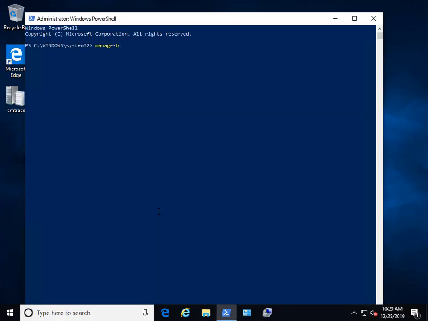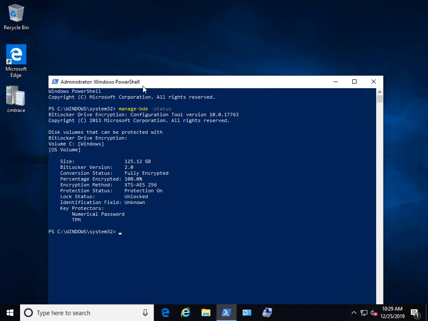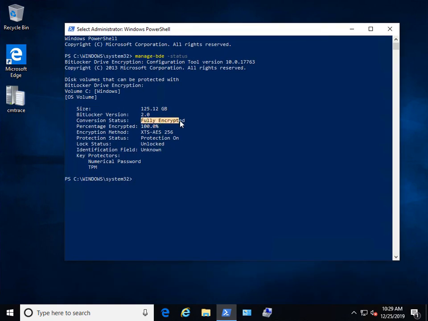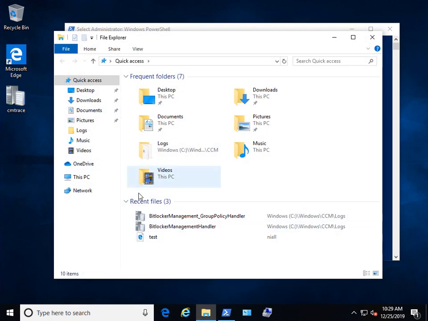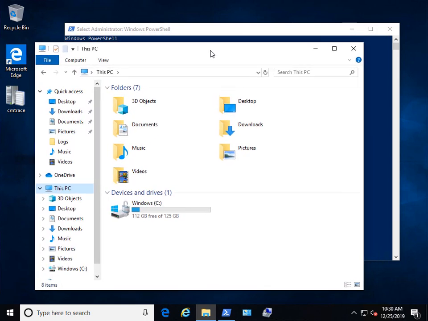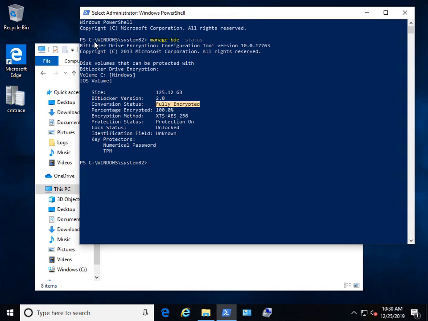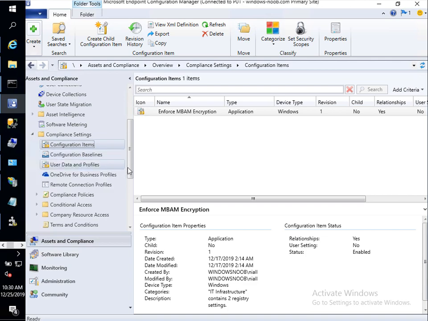Manage BDE status. That'll tell us whether it's encrypted or not. And as we can see, this one is fully encrypted. And we will also see that it has the BitLocker icon on the operating system drive. So this one is in a state that's perfect for testing decryption, right? So let's take a note of the computer name. And it's this one. And let's go back to ConfigMgr, and we're going to add that computer to our disable